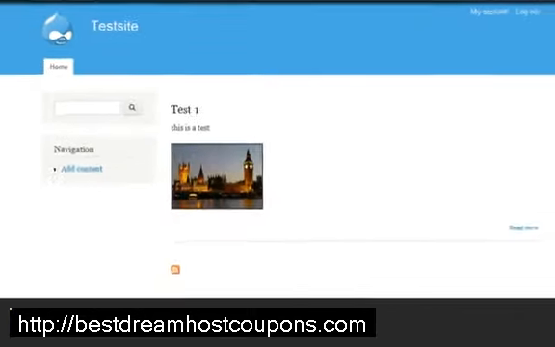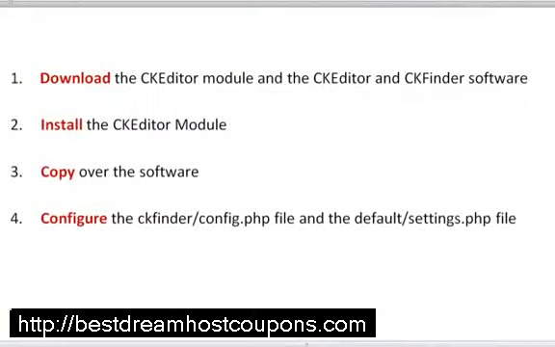So to summarize, you'll download the CKEditor module and the CKEditor and CKFinder software. You install the CKEditor module, you copy over the CKEditor CKFinder software, and you configure the CKFinder config.php file and the default settings.php file. Okay, that completes the